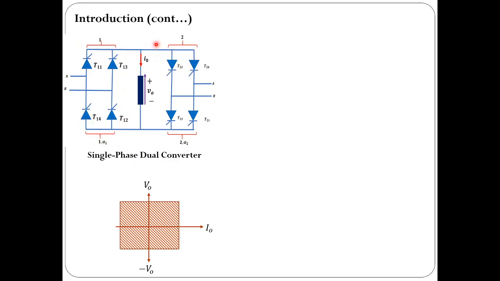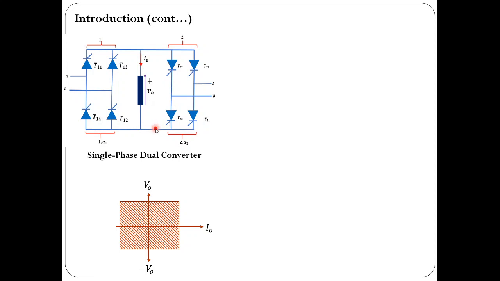Similarly, if converter 2 is operated, if converter 2 is dominating and supplying the power required by the load, then what would happen? This is anti-parallel, so for alpha ranging from 0 to 90, it can supply the load with negative voltage. With respect to this polarity, you are going to have negative voltage, and the current direction is also going to be reversed. Now by controlling converter 2, you can have either positive voltage or negative voltage, but the current would always flow this way.